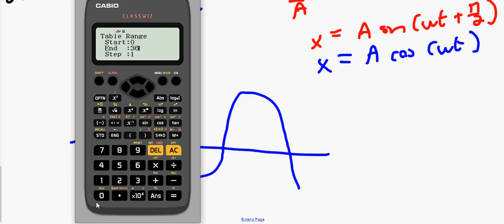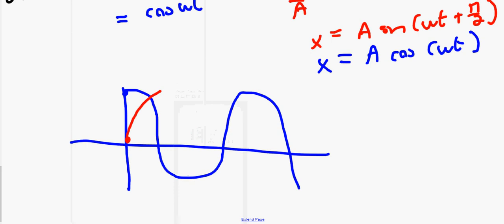Let's find out. Yeah, sine and cosine are 90 degrees out of phase with each other. So they're both the same when you put them into the table function. So they are actually 90 degrees out of phase. That's basically what that's saying. All right guys, obviously